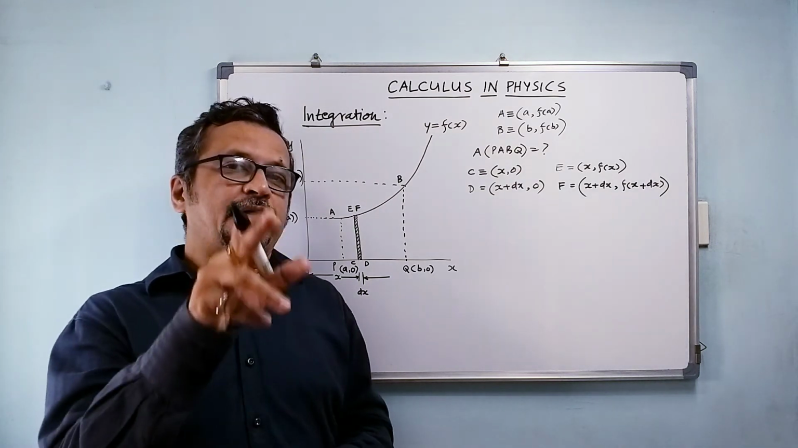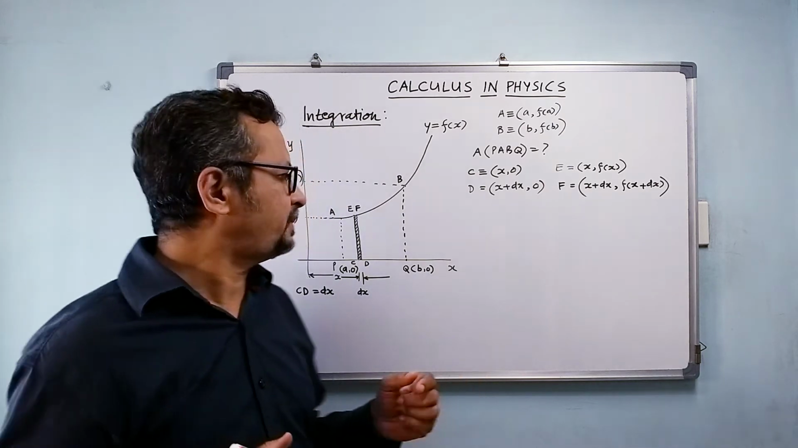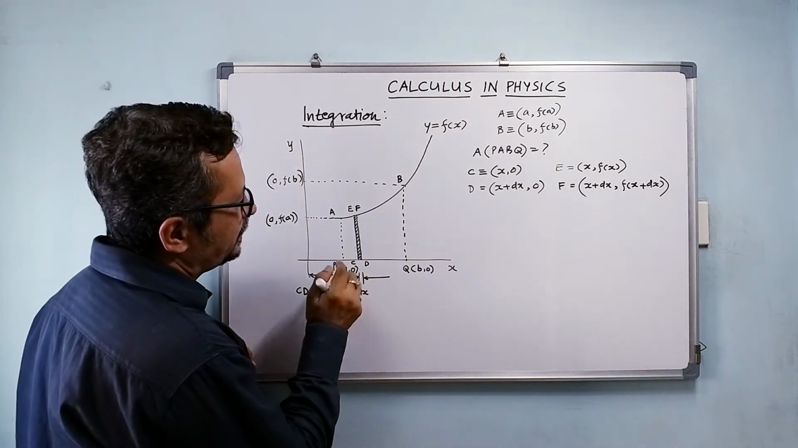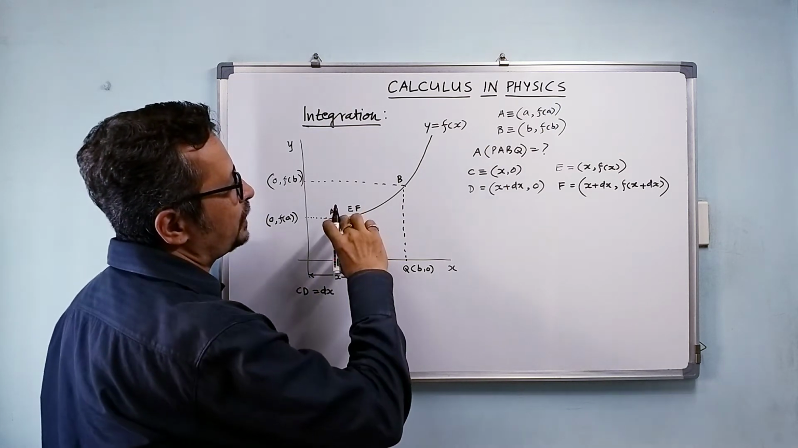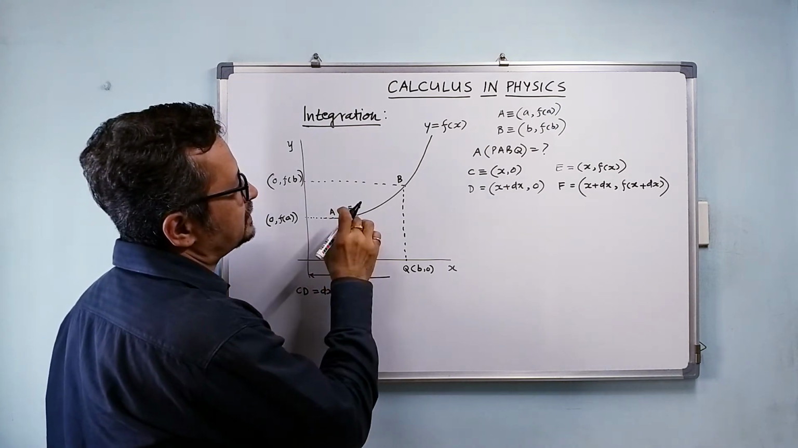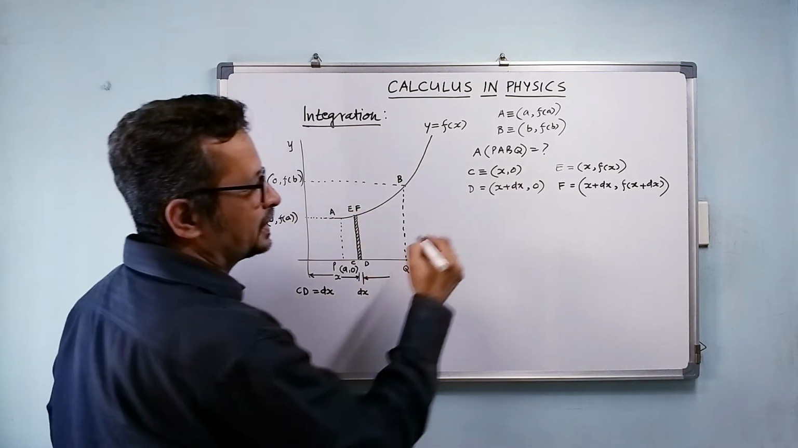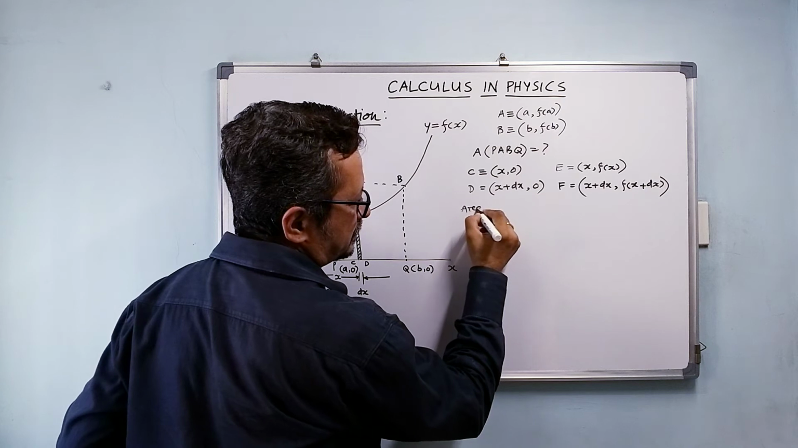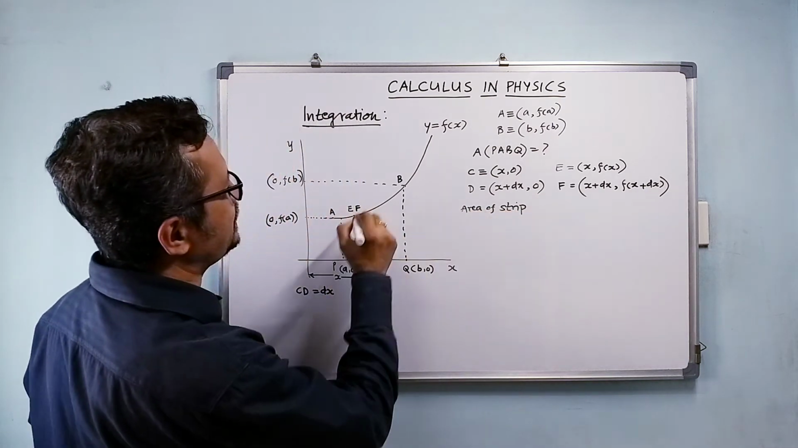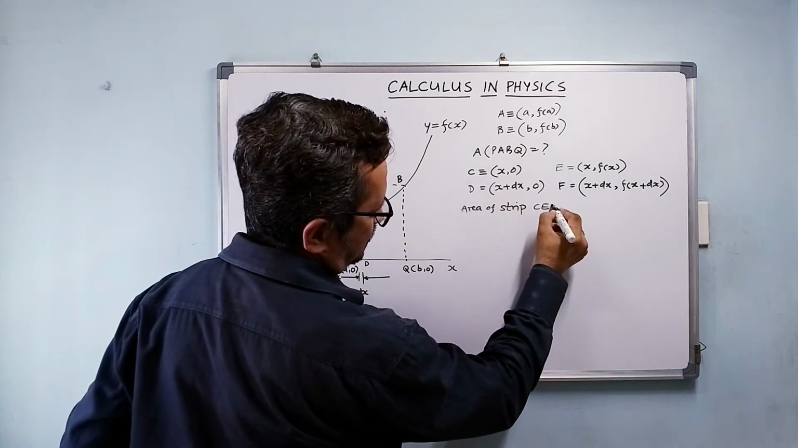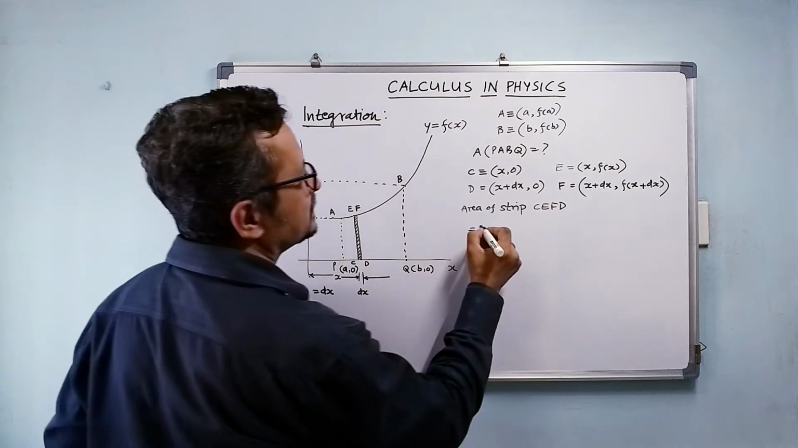Now if you have to find the area of the strip, what would be the area of the strip? The area of the strip would be its x coordinate here. Okay, so that means how much is this distance? Fx, right? This distance CE. Area of strip CEFD is equal to CE